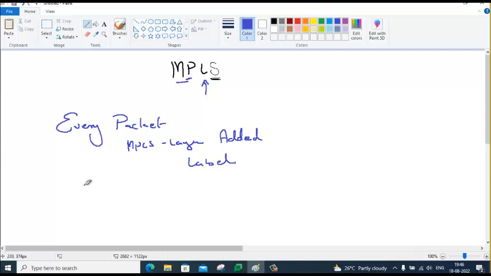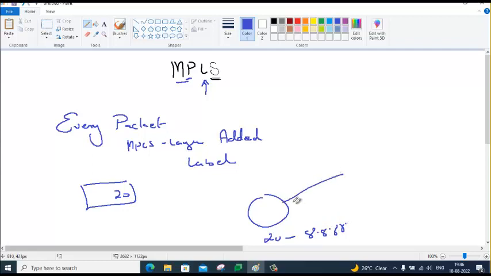When a packet arrives with a label 20, the router already has information that 20 means the packet needs to go to destination 8.8.8.8 this way, F0/0. So when the packet arrives with the label 20, this router 1 knows that I need to send it through this way because 20 means it is for destination 8.8.8.8.